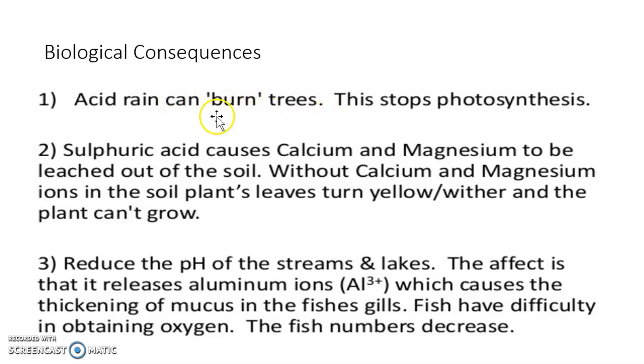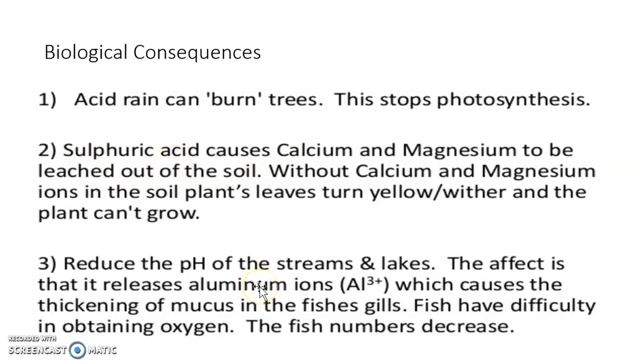So the acid rain, what do we need to think about? It can burn trees, right? Rather than say that, I want you to think about, as your triple students, to say that this is going to destroy plant tissue, and if it destroys plant leaf tissue, then it's going to prevent photosynthesis. That's going to decrease the energy which is able to flow through an ecosystem naturally. So again, making connections is super important.